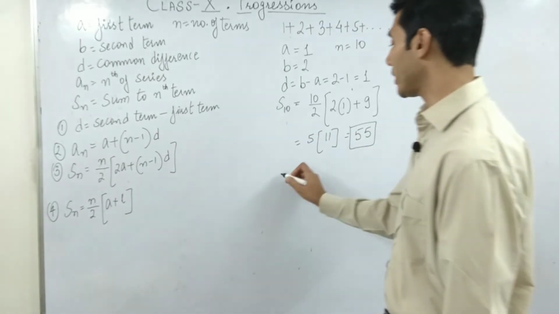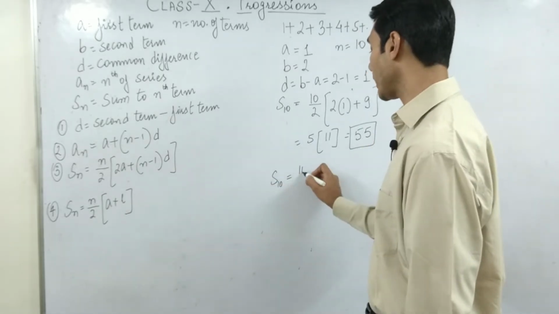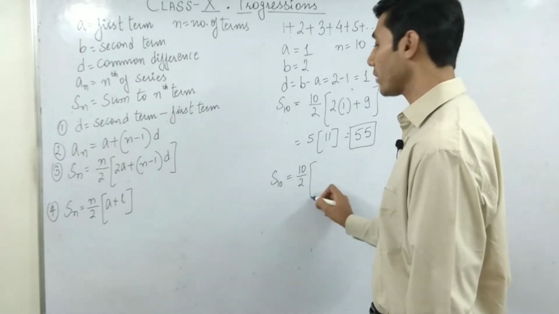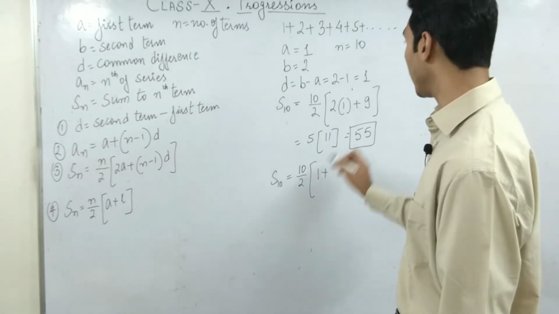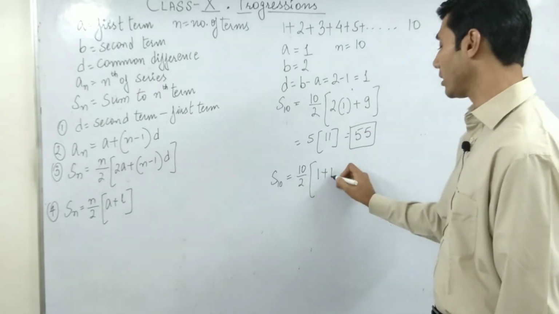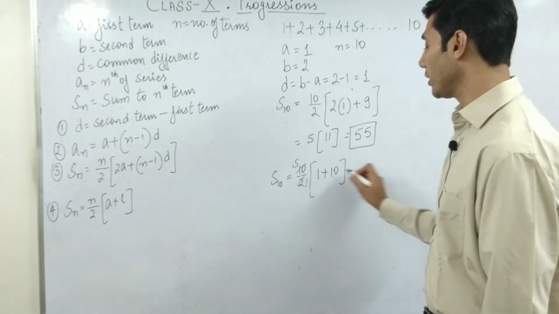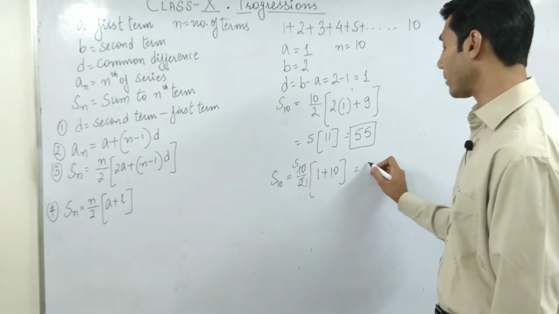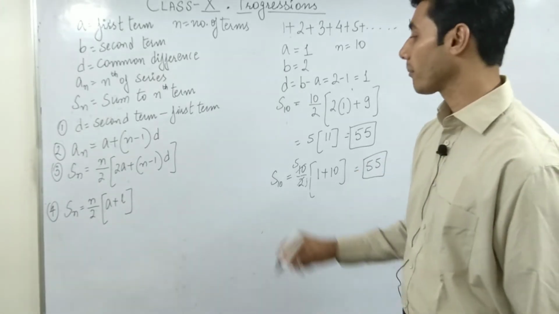Let's now solve with another method. S10 should be equals to n by 2. That is 10 by 2 bracket, what is A? A is 1 plus what is L? L is the last term is 10. So 2 1s are 2, 2 5s are 10. So it should be equals to 5 into 11 comes out as 55. So LHS equals to RHS. Fortunately,